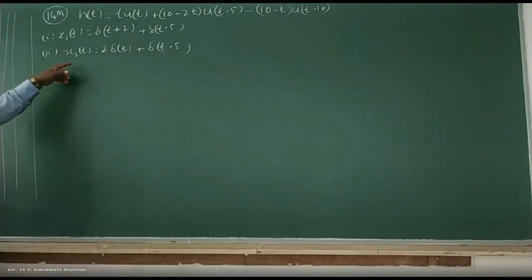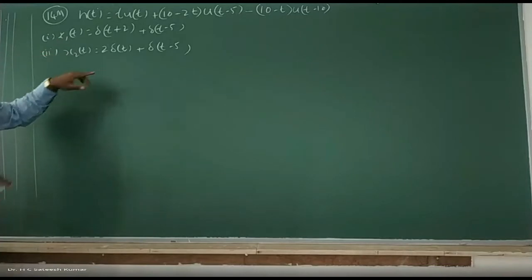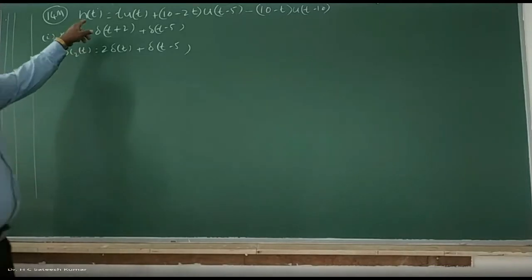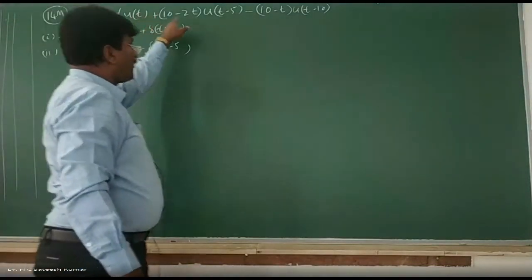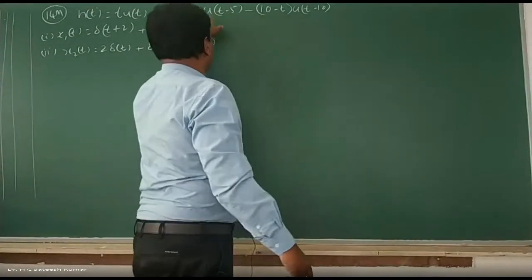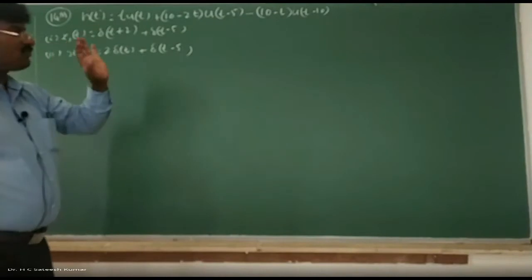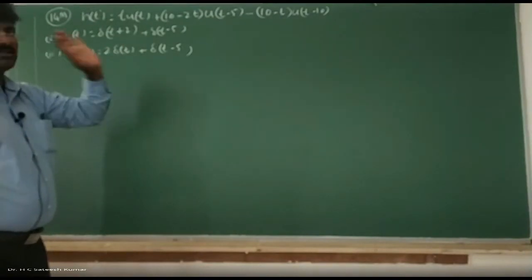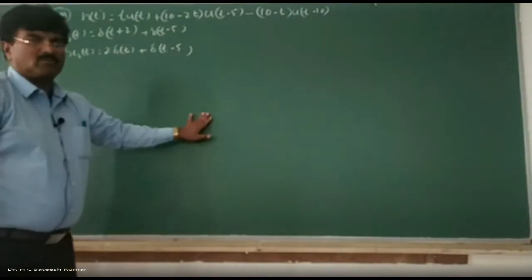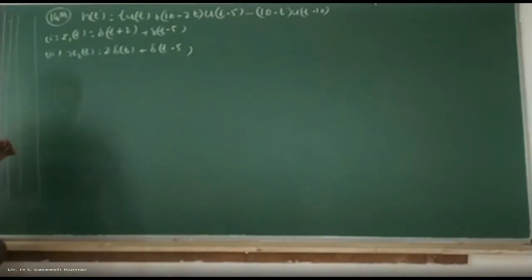Since these two functions are delta functions, I can use the property. And here, this signal is a ramp signal. Each t is there, no? Multiplied by t means it is a ramp signal, but given in terms of step. So sketching this is a very, very important concept in this problem. The rest of the things are very simple. So what do we have? First, you sketch this signal.